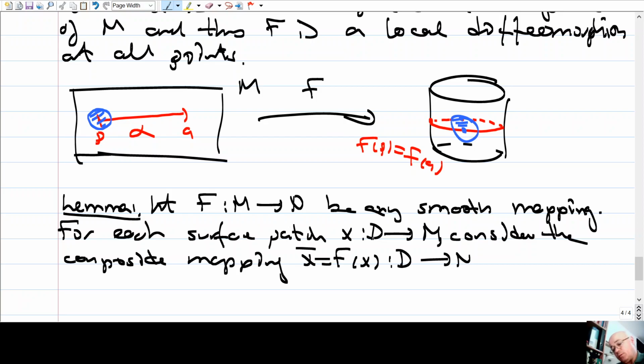So x goes from D to M, and f goes from M to N. So this composition goes from D to N. Consider this mapping. Then